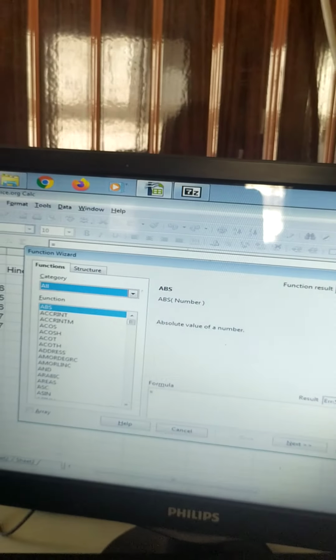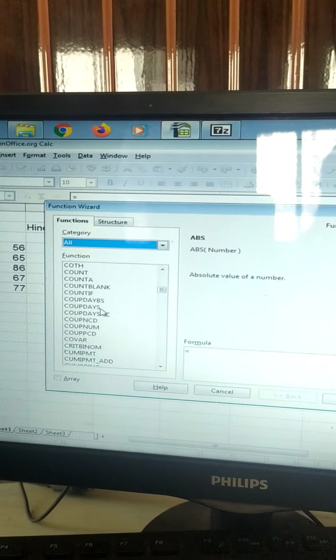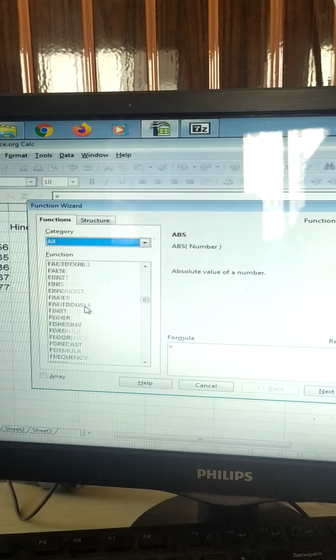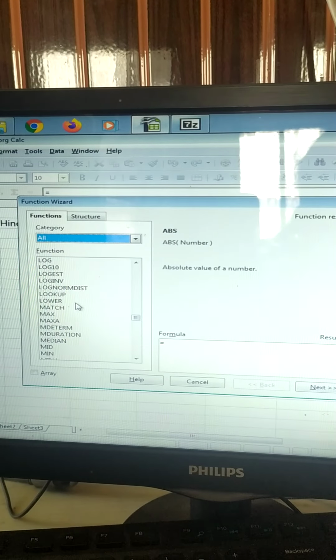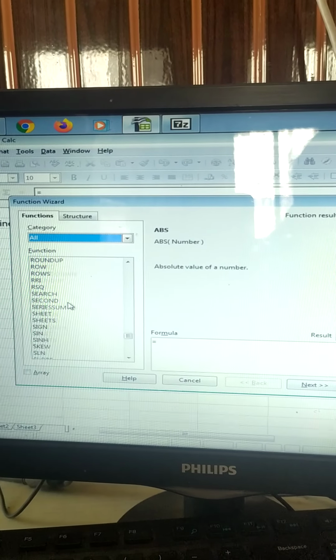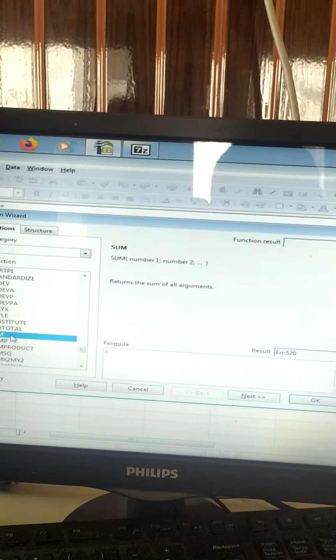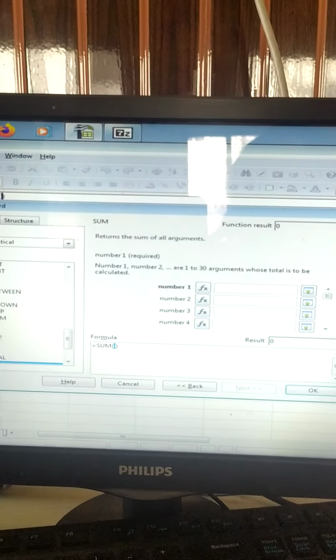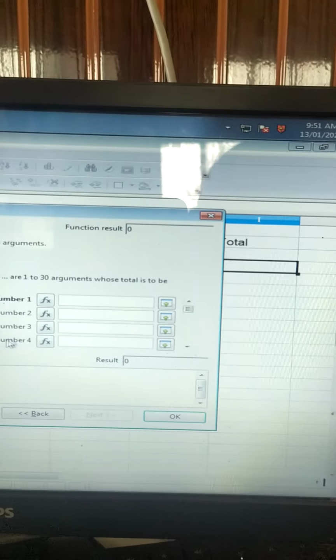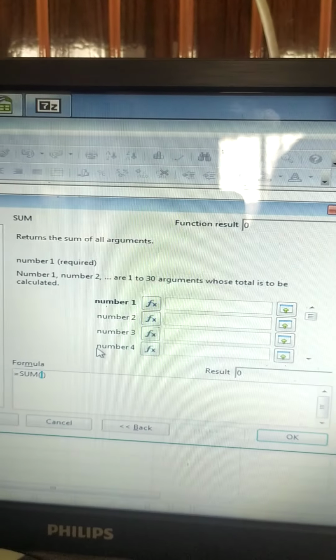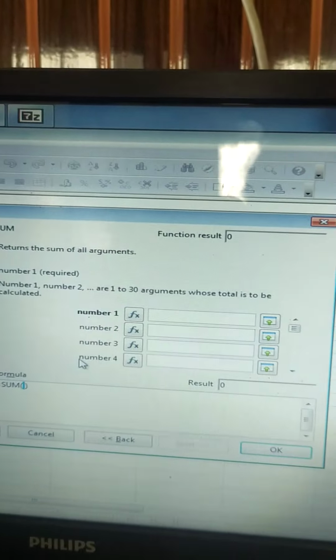Over here in functions you will have to search for sum. S-U-M, sum. Here it is. So just double click on sum. So on the right side something such will appear.